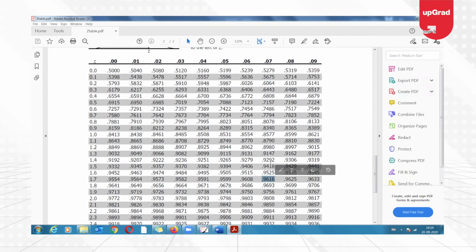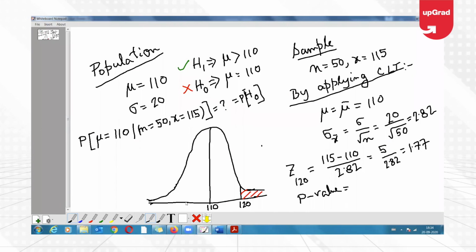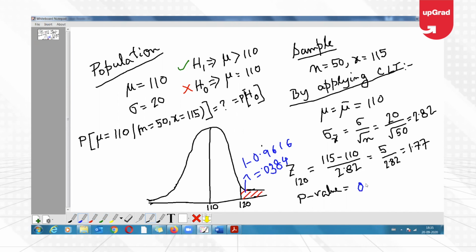So this is 96.16. So this side is 96.16 and this side is 1 minus 0.9616, which equals 0.0384, which means here the p-value is